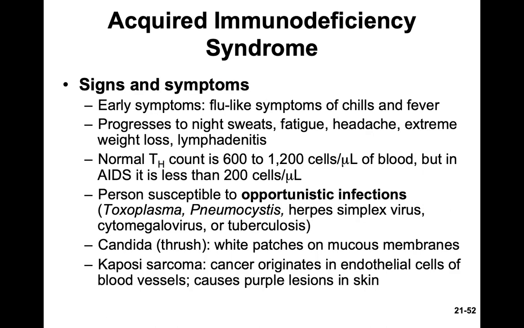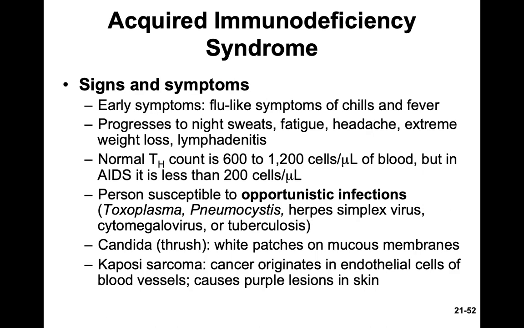Their immune system, like the mom will lend the baby some antibodies when the baby is ill, because the baby has not had the opportunity to actually produce its own. So in that case, this fungus called candida has an opportunity to thrive. And it looks like white patches on the mucosal membranes, more commonly seen in the mouth, but it's on the mucosal membranes. This is one of the telltale signs of a person who has AIDS,